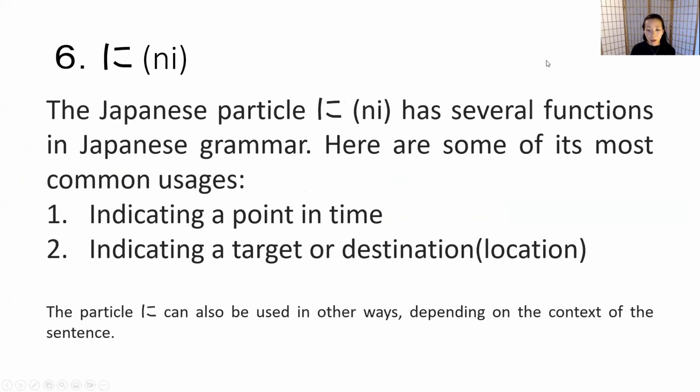So the particle ni has several functions in Japanese grammar. Here are some of them. Its most common uses: indicating a point in time, and indicating a target or destination. You are currently a beginner, so I introduce just two of them, but there are more depending on the context. You will learn when you move to upper beginner or intermediate level. Okay, so